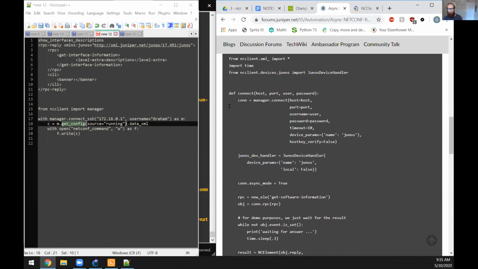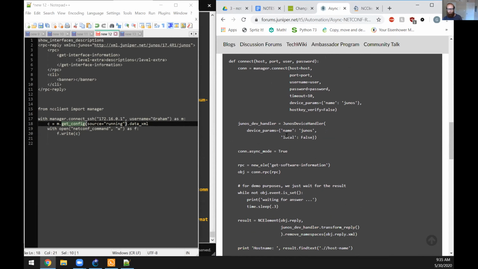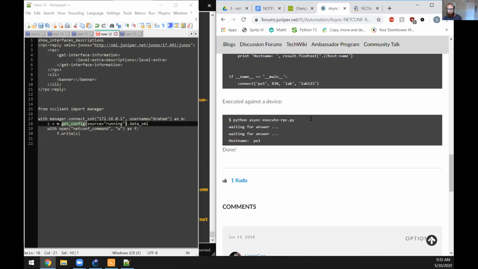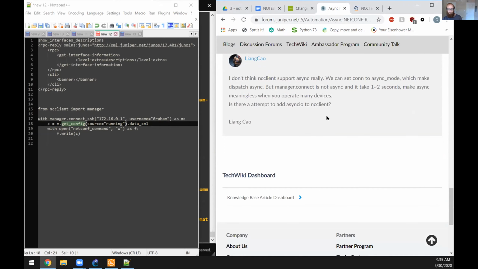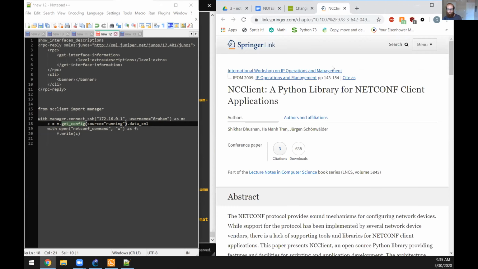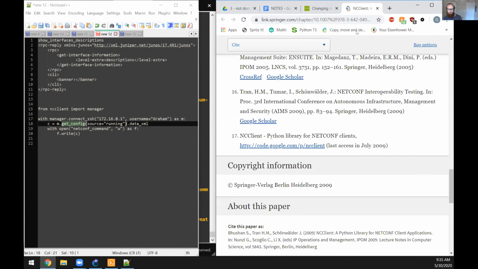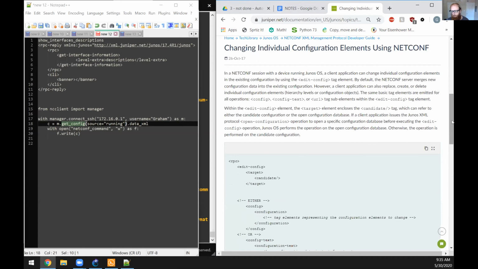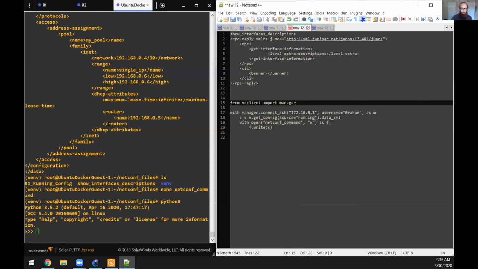So it's going to be manager.connect SSH as m. So then it's going to be, okay. All right, so I'm not sure how to send this file here. Let's make it easy on ourselves and do a